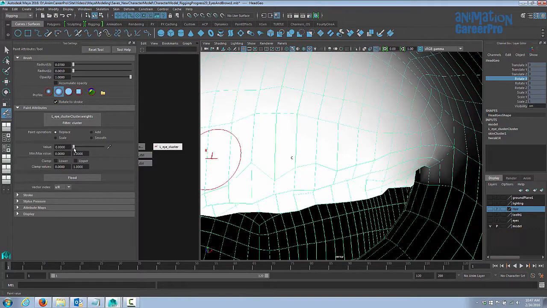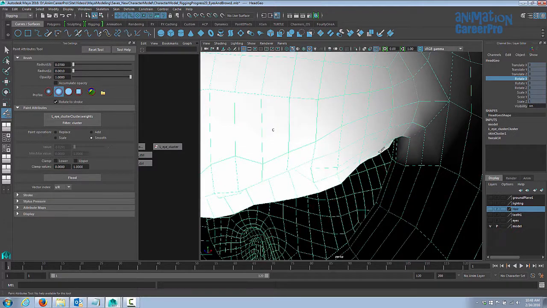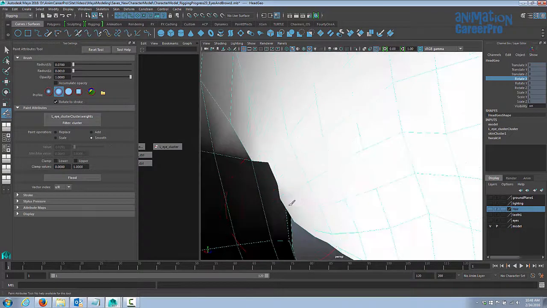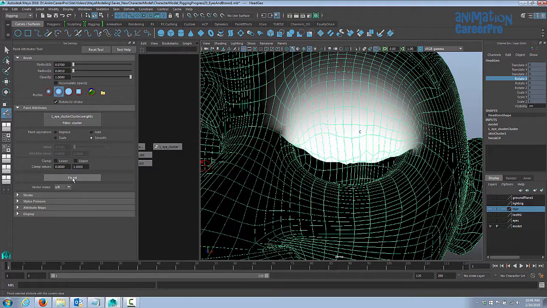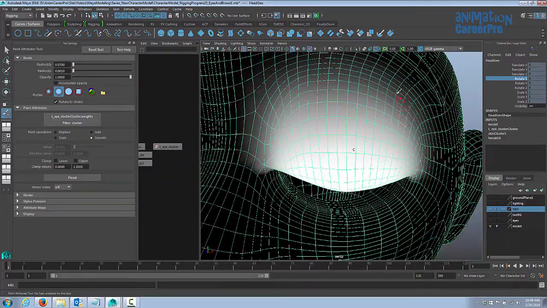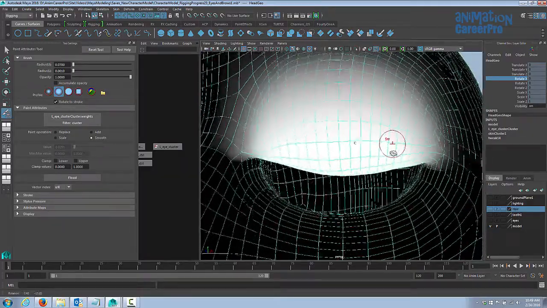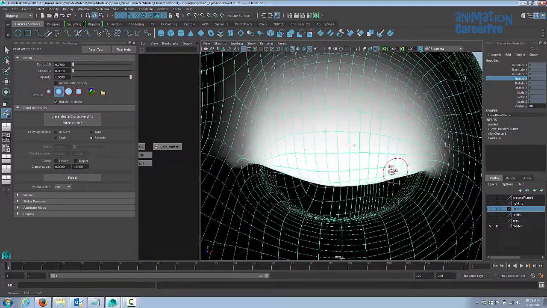If I'm using replace and I have it on 0, it's going to completely take weights away from this area. Try and use smooth first, just so it smooths it out a little bit. It will take weight away from that area. Smoothing just sort of evenly distributes the weight. Alright, so while we're on smooth, we can try flooding it again. It's basically averaging all the weights together in the whole area. So that's working out. Sometimes you have to smooth specific areas by hand.